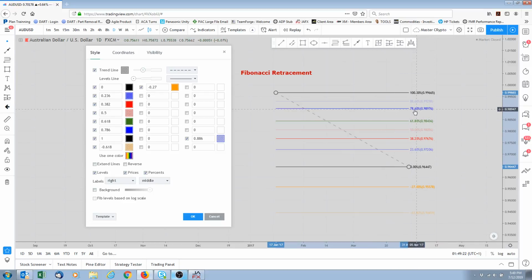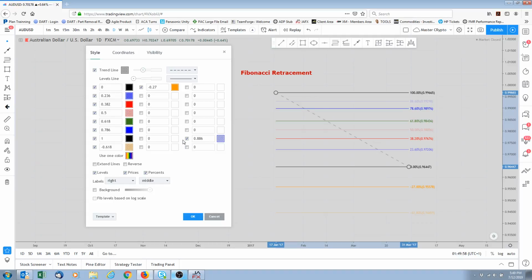So these bright ones are 78.6, 100%, 61%, 38%, and 23 I think is a little grayed out, and 0%, and negative 27%, and negative 61%. Basically the ones that are really dark, those are our most looked at levels. I'll explain more later. Just go ahead and copy these settings. Make sure you write down all these numbers correctly. This one's a negative